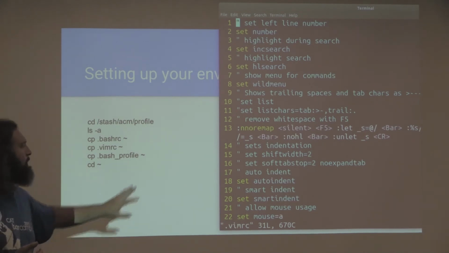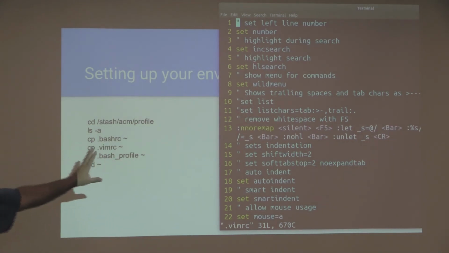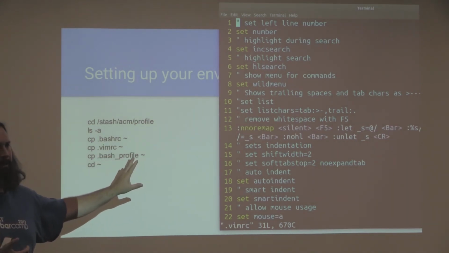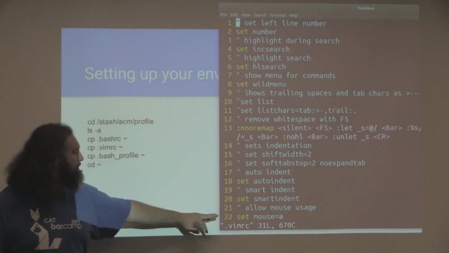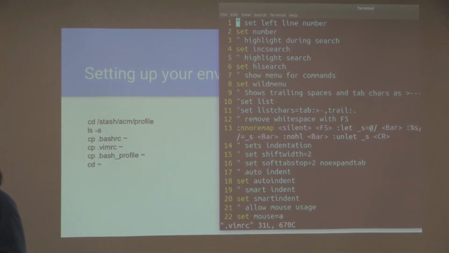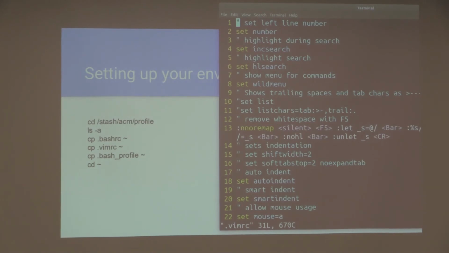Okay. Does anybody have questions on what this is doing? Okay. I know this is kind of a whole lot, especially if you're not used to using Vim, but this can actually help you quite a bit. Now, be very careful with what you throw in here. A very common one is, in my Vim program, I can use my mouse. Absolutely, Carla would be very unhappy if she caught me using a mouse, especially in front of her. So you need to be very careful with what you do here.